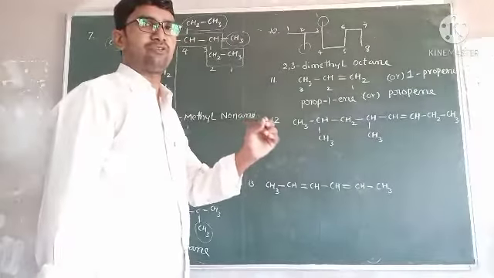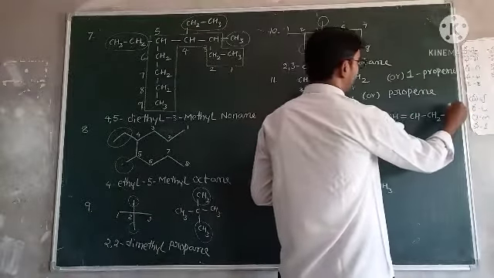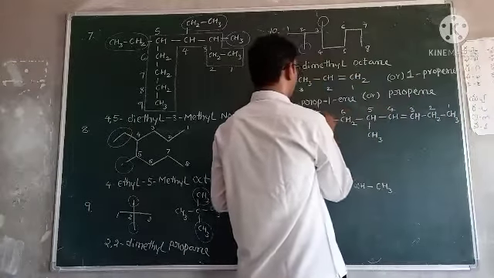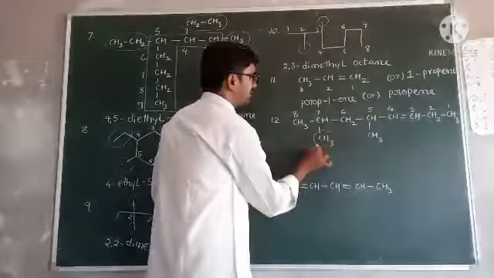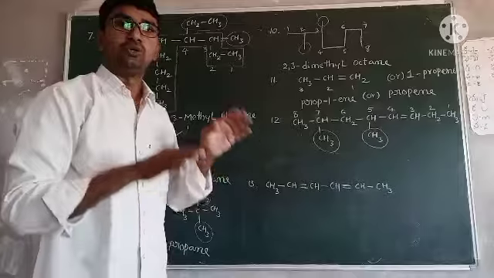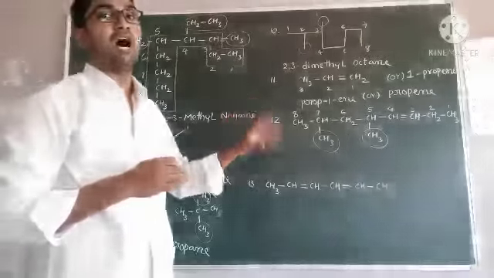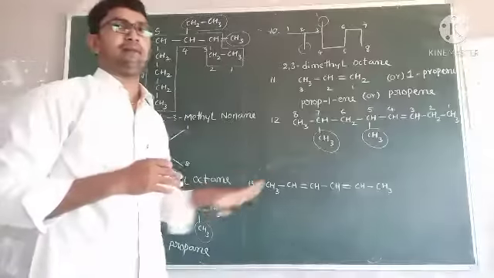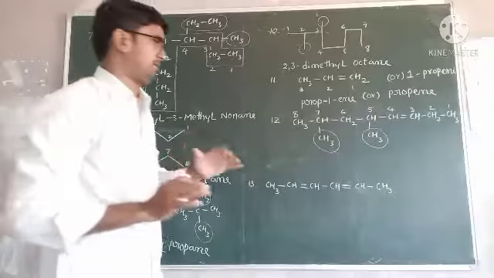So from which side do we give the numbering? From that side, because that follows the lowest one: 1, 2, 3, 4, 5, 6, 7, 8. And also substitutions are present. This is one substitution, this is another substitution. Just identify the substitutions, but no need to give priority to substitutions for numbering, because the multiple bond is already the main one. Based on that multiple bond, we already gave the numbering. But for writing the name, substitutions are most important.